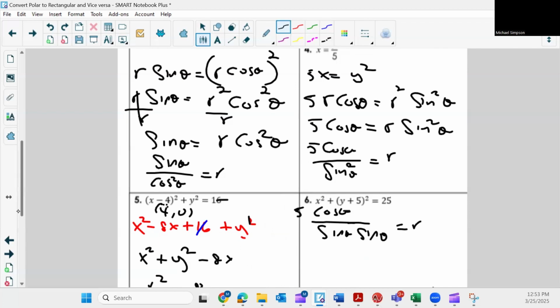Cosecant. Yeah. Sine squared is sine times sine. So this gives you what now? Cotangent, and then the sine at the bottom, so it becomes cosecant. It is equal to, and the 5 is right there, equals